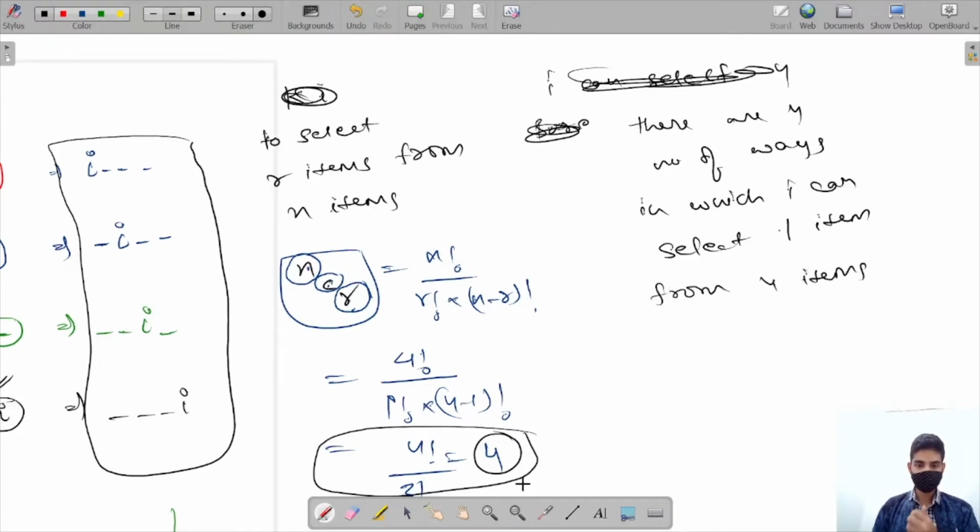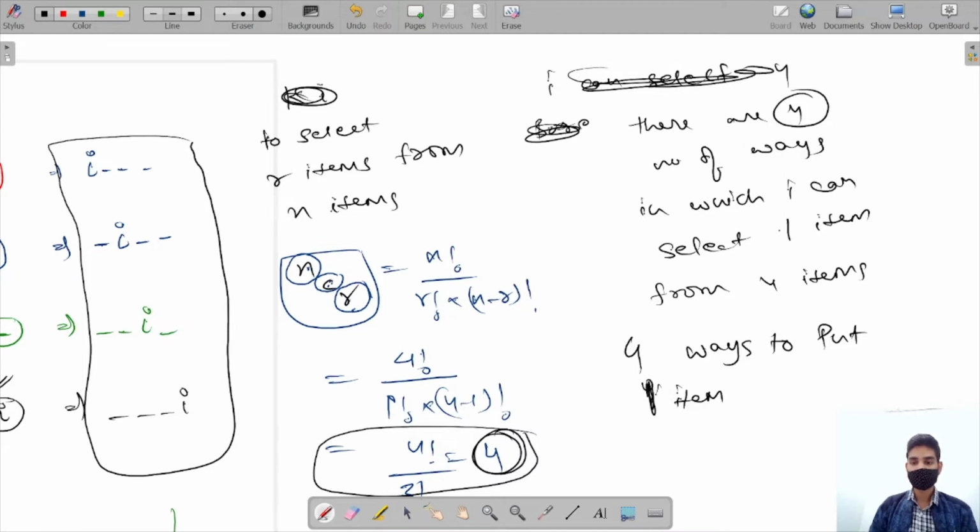This 4 represents that we can select one item from four in four ways. So you can analyze now that if there are four ways in which one item can be selected from four items, this 4 represents the four ways to put one item in four boxes.